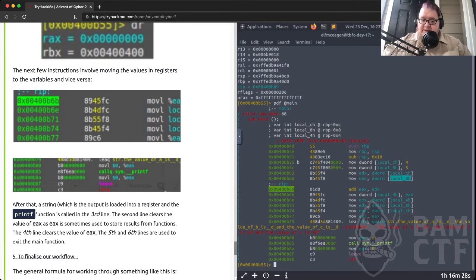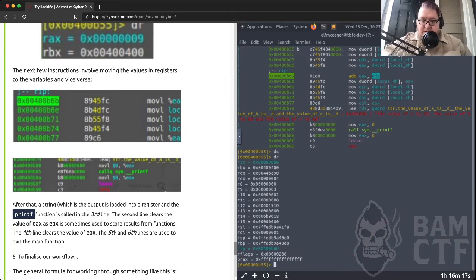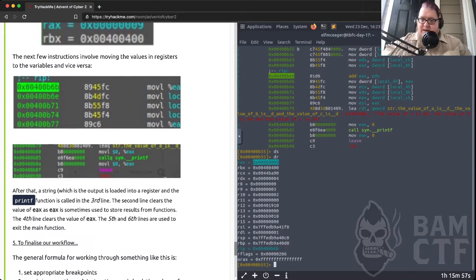All right. Now we're going to add EAX and EDX. So we can step through that. Let's look at our registers. All right, so what we've done is we've actually added EDX to EAX. So now EAX has the value that returned. So we had 5 in EAX, we had 4 in EDX or RDX, and then added them, and that came up with 9. Then some more stuff's moved around,